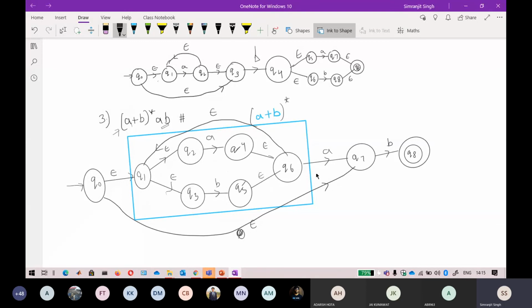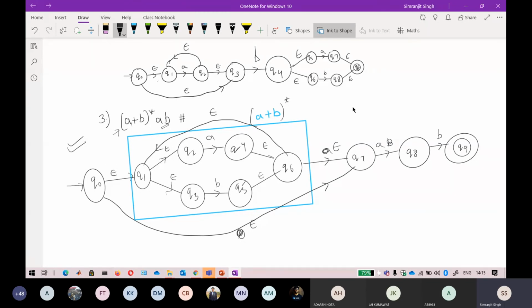Okay, so this one, and this becomes your epsilon, and this becomes your A, and this becomes your final state. Okay, so again you can do this, let me show. Again, if you are doing this, this is also correct. There is nothing wrong in that. This is cleaner because you can see the epsilon states very clearly, how the internal part is merged here. So I prefer this one. This is also correct, but the automaton that was drawn by me earlier is also correct.